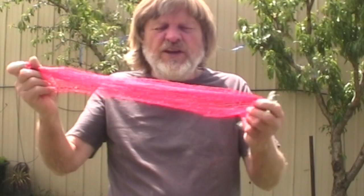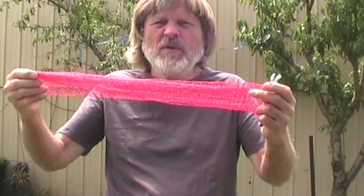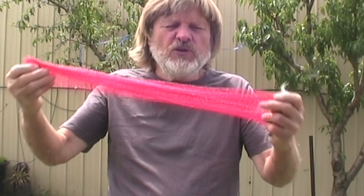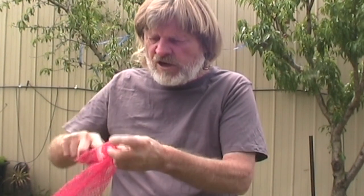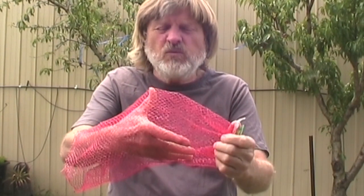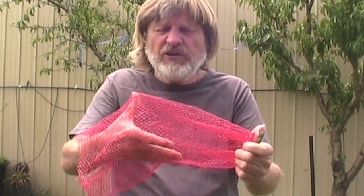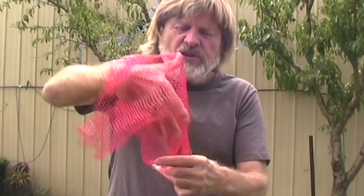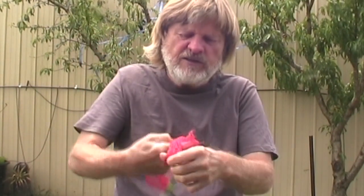This is the net from an orange from the supermarket. So all you have to do is use that net and fill your dry ice into here, and again the warning: do not touch dry ice with your naked hands because it can cause serious burns. So fill this up with dry ice, make a knot in the top like that,